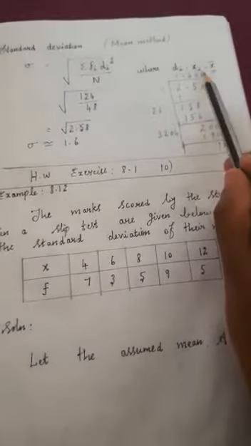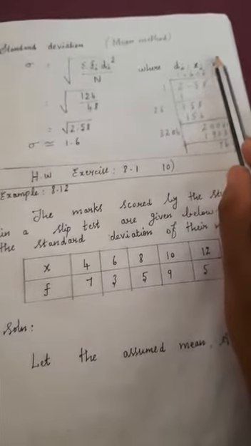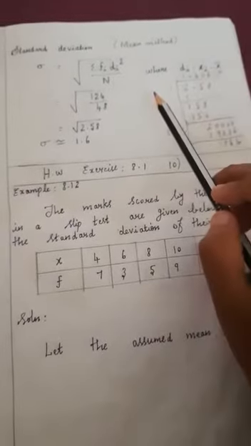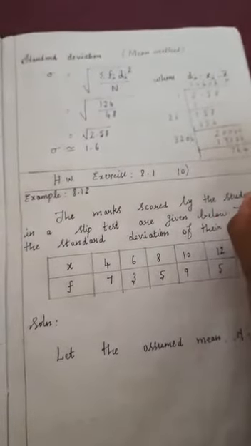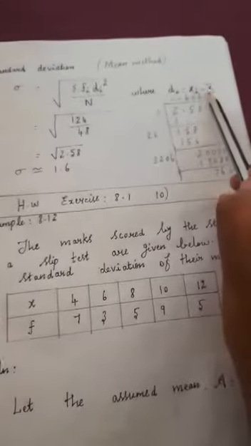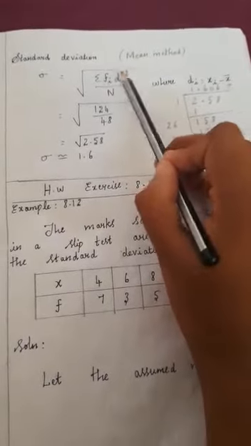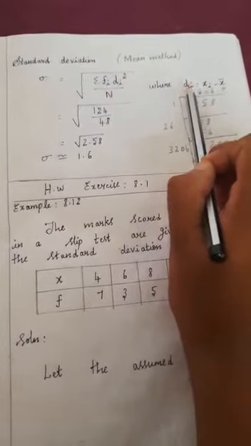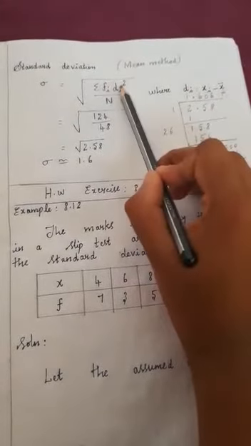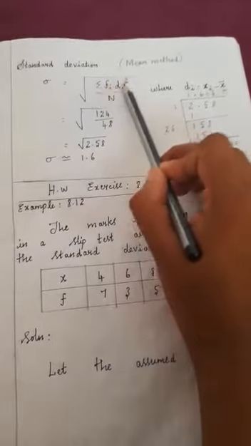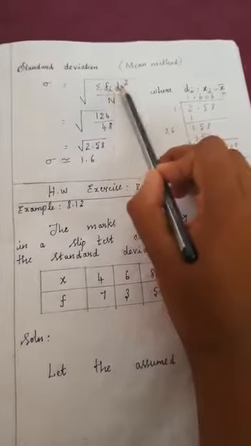But here the given data is group data. For finding the mean of group data, what are the methods we have already seen? Direct method, then assumed mean method, step deviation method. Any method you can use to find the x bar value. Then di value: subtract x bar from each value, then you will get the di. The next you need to find the di square, making the square of all the di values. Then multiply fi and di square, then add all the fi di square values, that is the summation. While you are doing the sum you will understand.